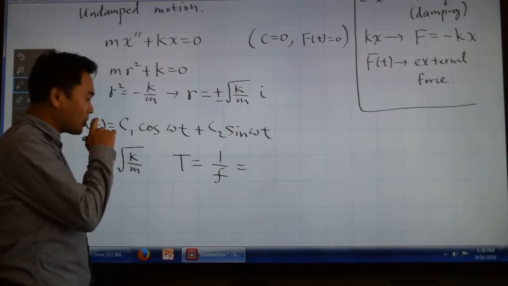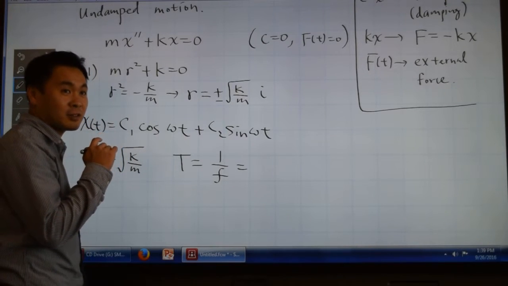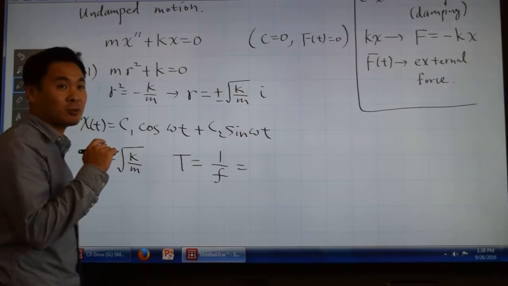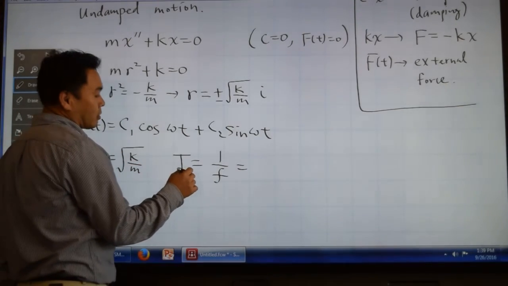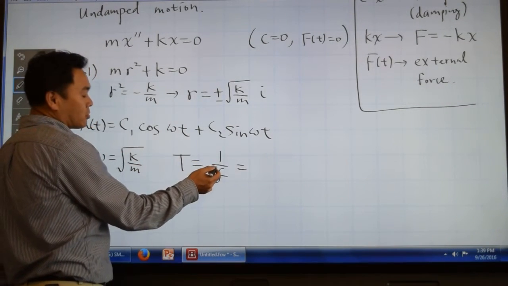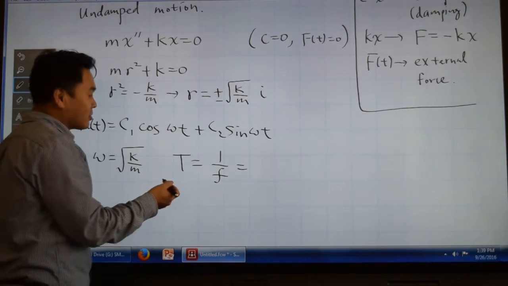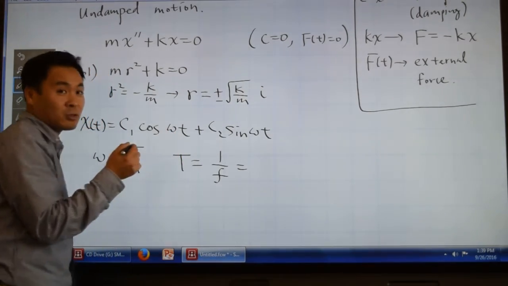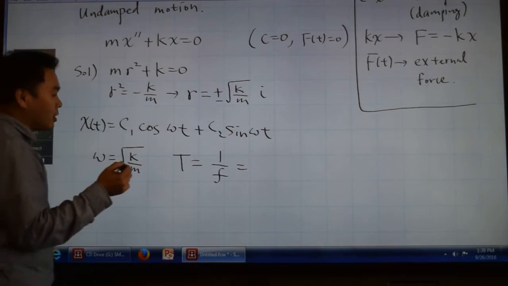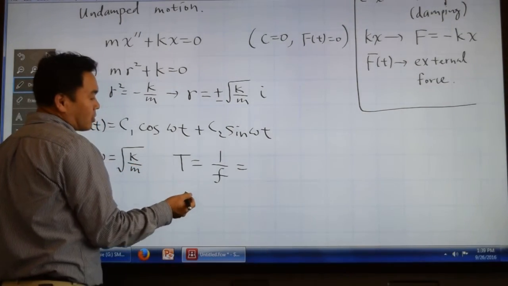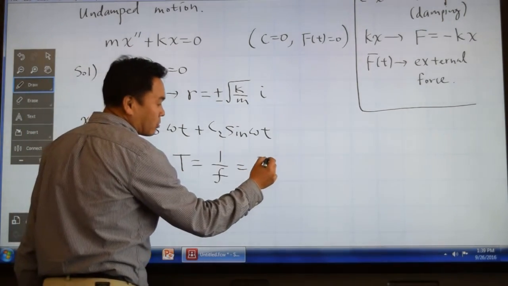It's omega over 2 pi. That's f. Or omega is 2 pi f. So you learned in physics that this omega is called the angular frequency, and in terms of omega, the period is 2 pi over omega,